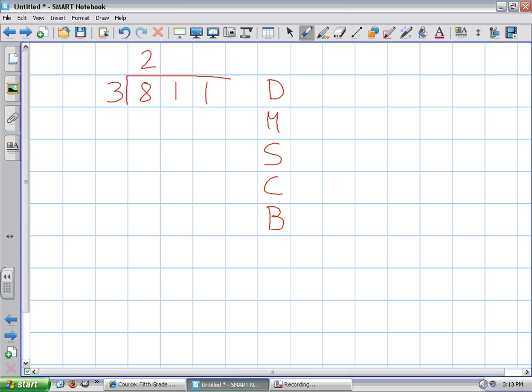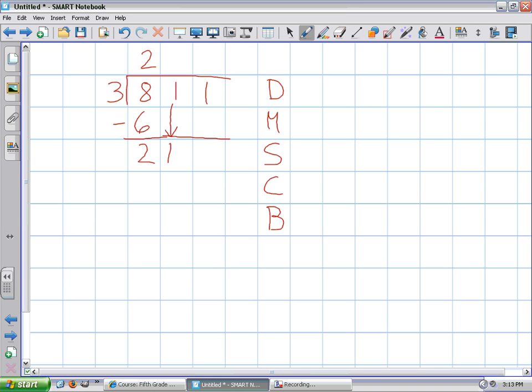Okay, so back up here, we divided 3 into 8. It goes in 2 times. Now we're going to do the second step, which is multiply. 2 times 3, which is 6. So now we're going to subtract the 6 from the 8. We get 2. 2 is less than 3, so we know we did that correctly. That's the checking part. So we're going to go ahead and bring down the next digit, which in this case